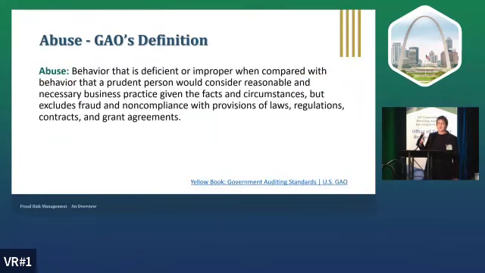All right, so abuse. I'm kind of stepping down here because abuse is behavior that is deficient or improper when compared to a prudent person. And that prudent person concept is actually copied and referenced in the Uniform Administrative Requirements, which all grantees must follow. I like to refer to it as, if it was in the local newspaper, what would people think? To me, that's a prudent person. If somebody picks it up and goes, oh my God, I would say you probably didn't meet the prudent person rule. But does abuse rise to fraud? No, different level, different tier.